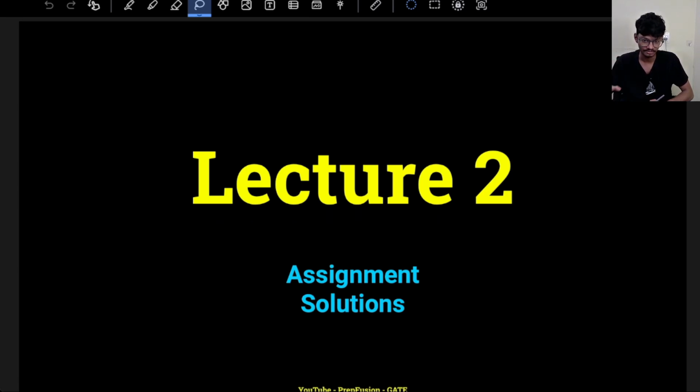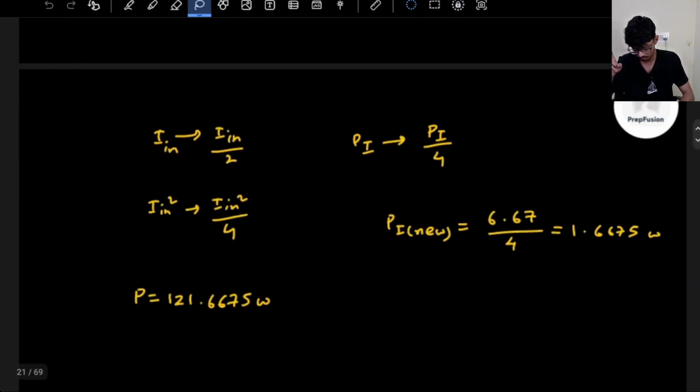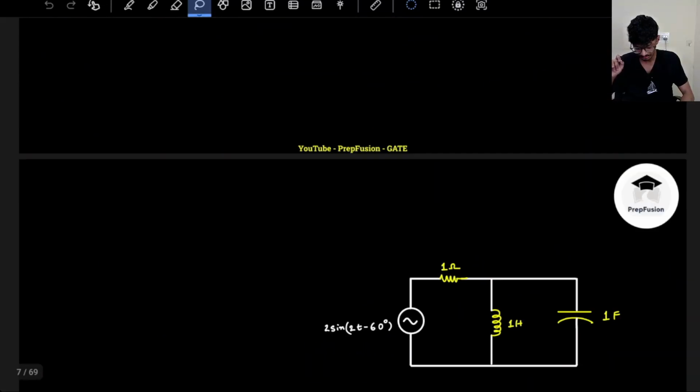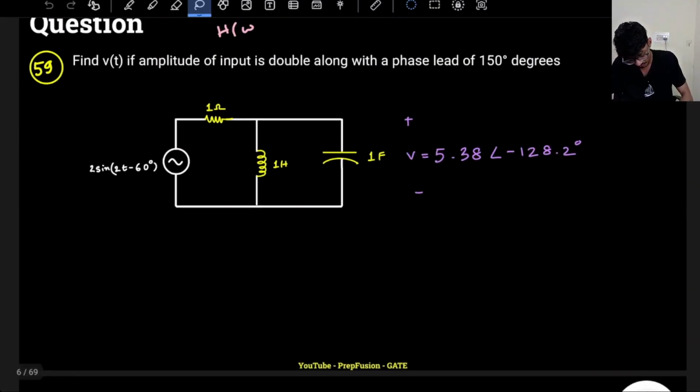So today we will solve the assignment questions which I gave you as homework and few more new questions as well. So let's go to the first homework question. This was the first homework question, a rather simple question. You have been given this voltage,